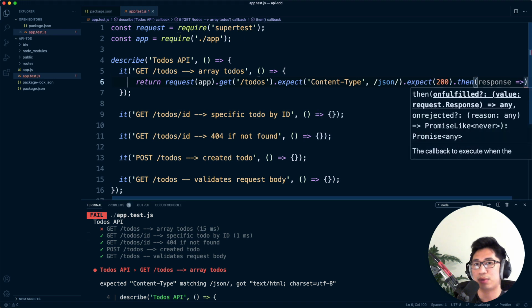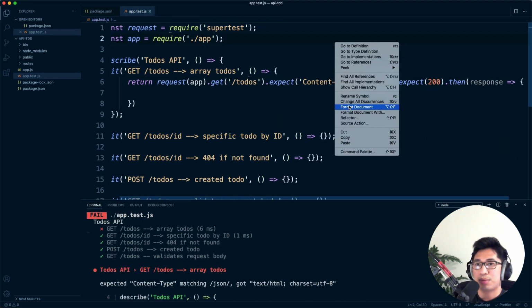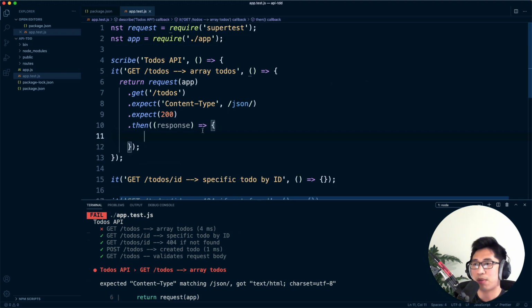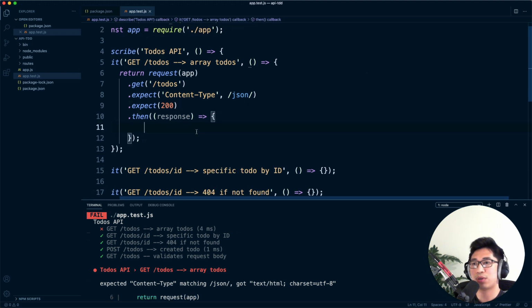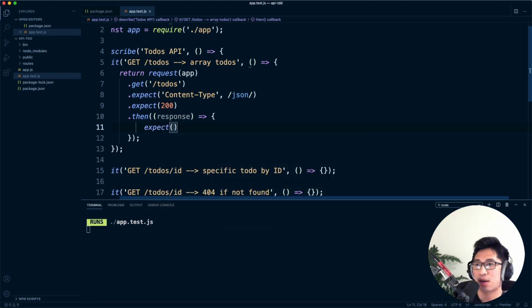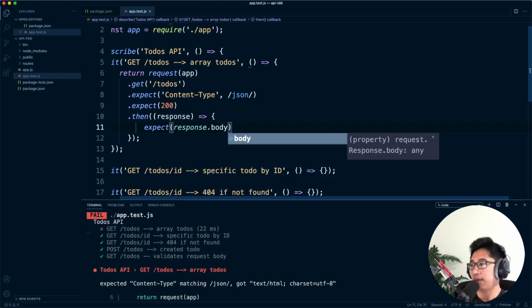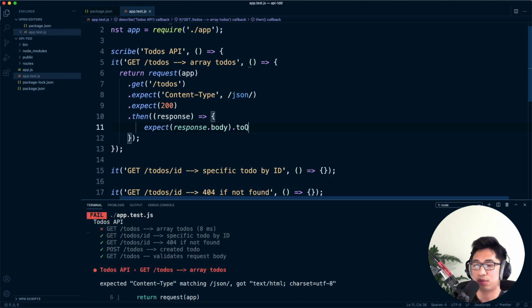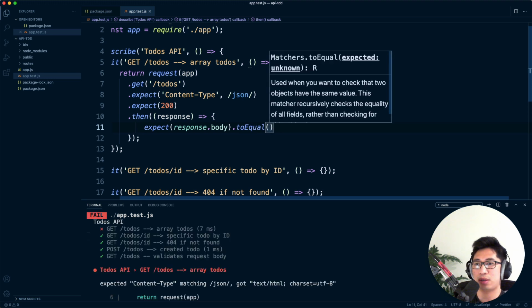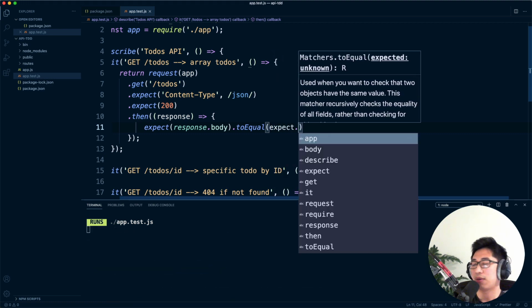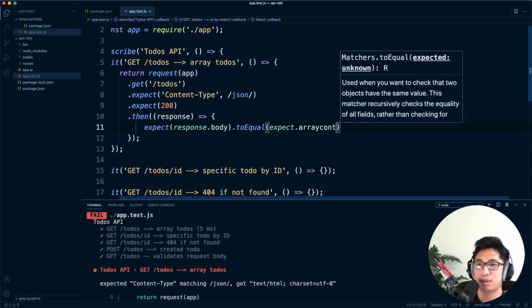So you'll notice that we're effectively working with promises. And within this then callback is where we can start writing some assertions on the response itself. So for example, with Jest, one of the nice things you can do is create assertions like this. We can assert that the response body equals something, right? We can say it should equal an array, but to make this a little bit more useful, let's say that we want to expect an array containing,